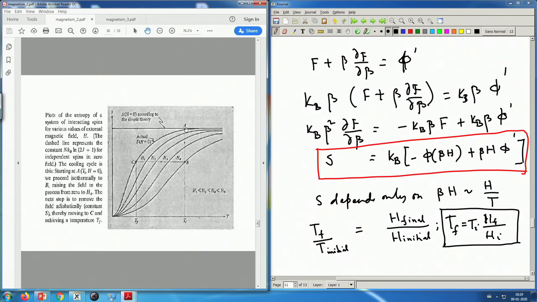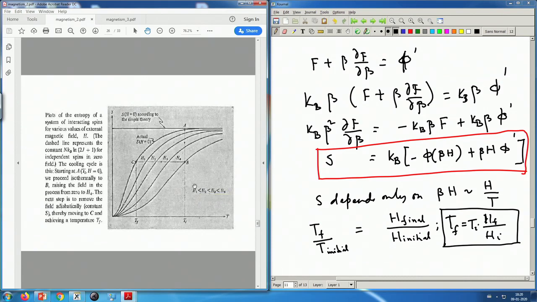So, you start from a very low field, come to a higher field isothermally, and then go to a lower field adiabatically, and this process can then be repeated: this point C becomes your initial point, and then you keep on doing the same process, isothermally go down, then adiabatically go to the left, and by repeatedly applying this process, you can reduce the temperature of the system.